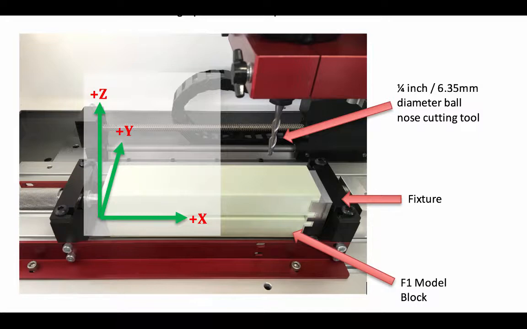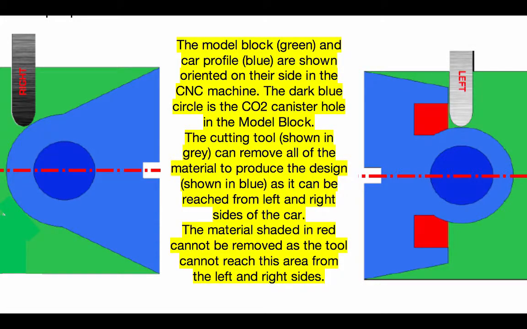These are three axes of direction the cutting tool moves in, often simultaneously, in order to remove the excess model block material revealing the profile of your F1inSchools racer. The standard method of manufacture is to machine the car body using two machining operations, one machining operation on each